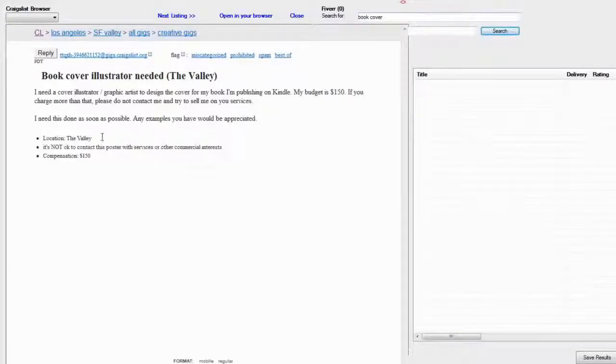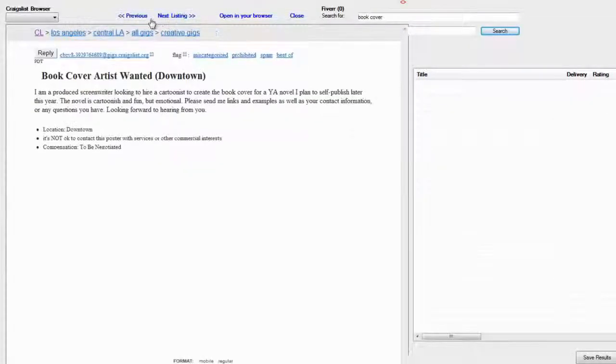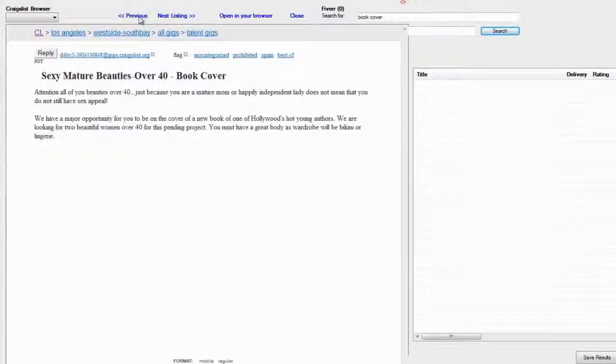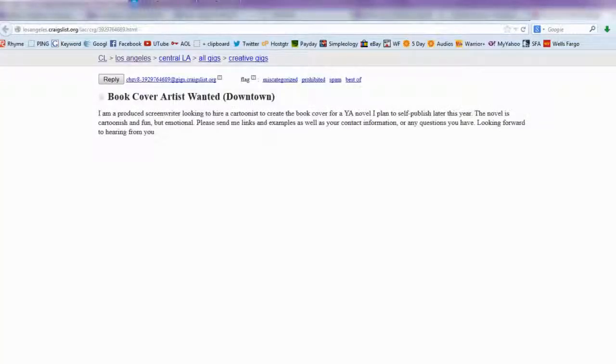So we click onto it, and notice something here. We are still in the bot. We're not using a browser. Now this is something that took us forever to figure out, but it's a huge time saver, because if you click and then it opens up in Internet Explorer or whichever browser you use, it's a pain, because you have to keep clicking it, keep opening it, keep closing the windows, and the bot actually works faster than your browser. You can click on the next listing, or the previous listing. You can even open it up in your browser if you want, right there.